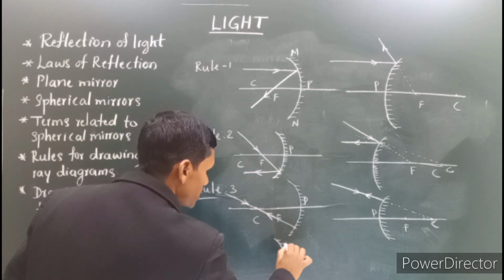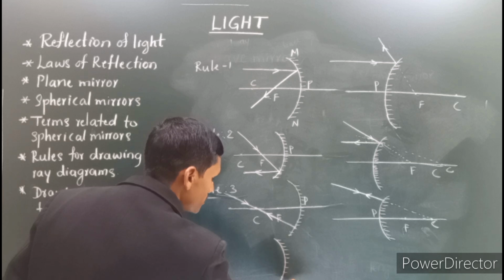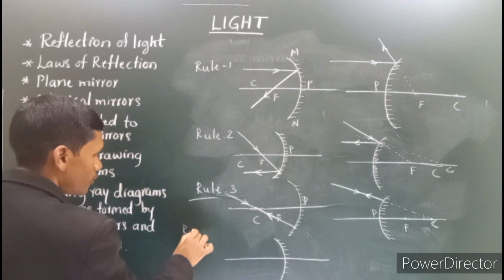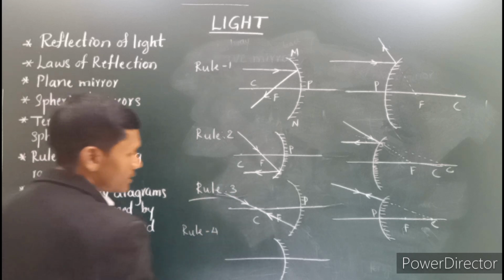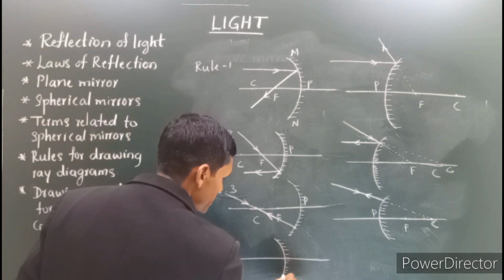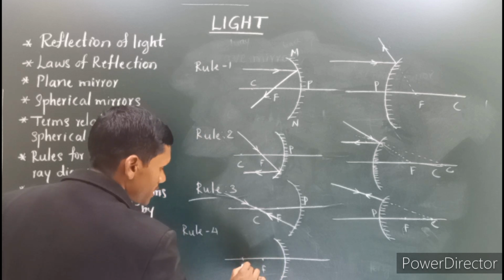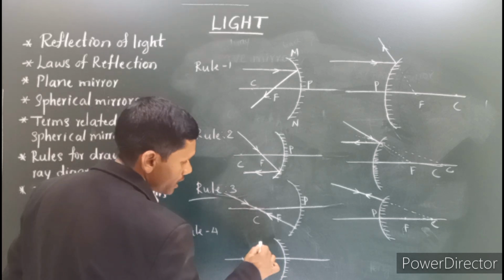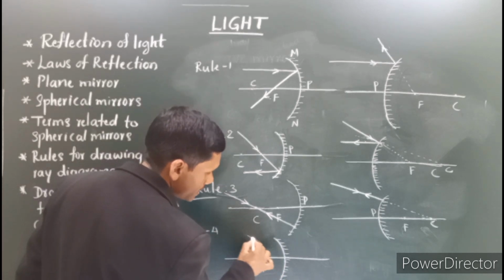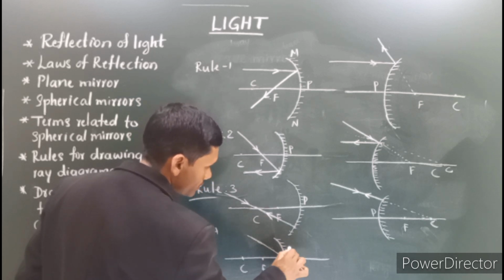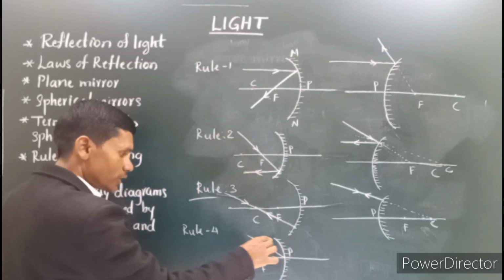Again, taking a concave mirror, we are considering rule 4 in this case. In rule 4, what happens? This is the principal focus, this is the center of curvature. A ray which is incident obliquely towards the pole in case of a concave mirror,